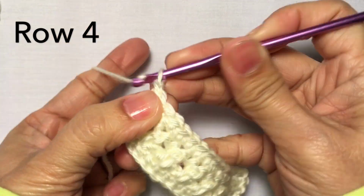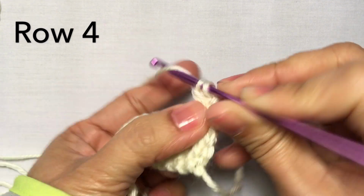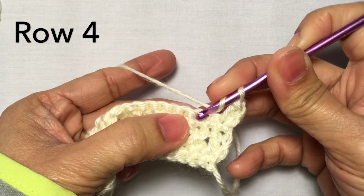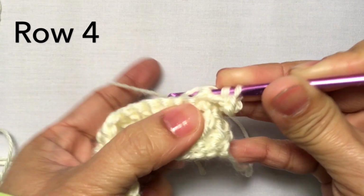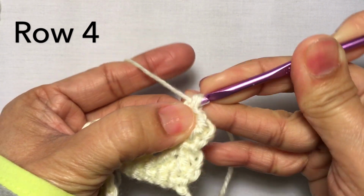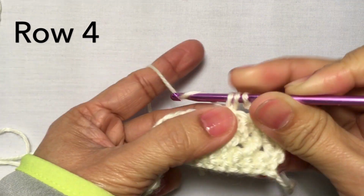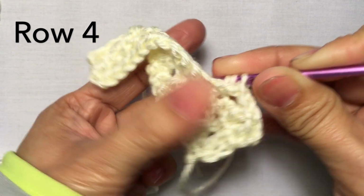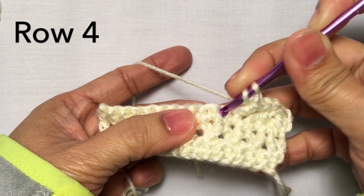Row 4, chain 2 again, turn, and double crochet on the first stitch here. And do a cross stitch again, skip, and double crochet on the next stitch. And double crochet on the skipped stitch. We will do 2 more cross stitches, and we will be changing yarn into pink. So another cross stitch, second cross stitch, and then third cross stitch, skip, double crochet,